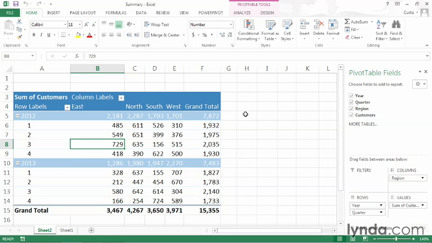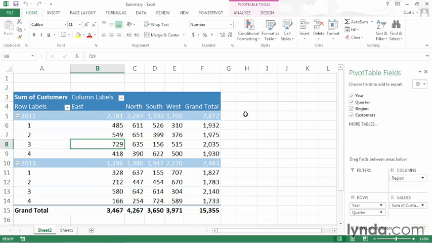When you create a pivot table in Excel 2013, Excel finds the sum of all of the data. The good news is that you're not limited to that one operation. You can find averages, running totals, and a lot of other different types of summaries. In this movie, I will show you how to change both the display and the summaries that occur inside of